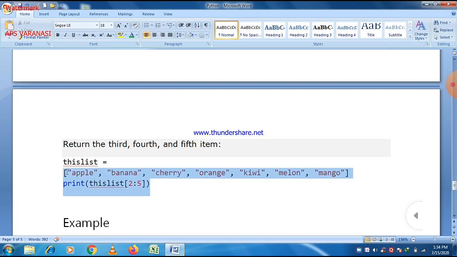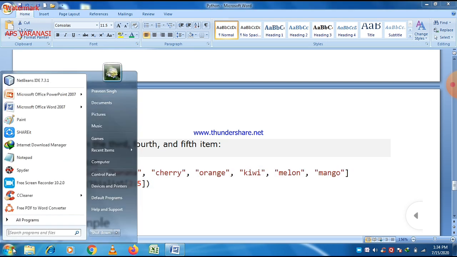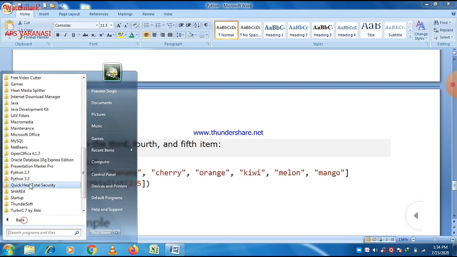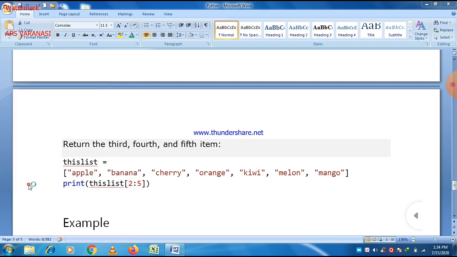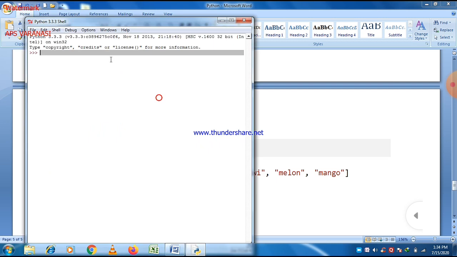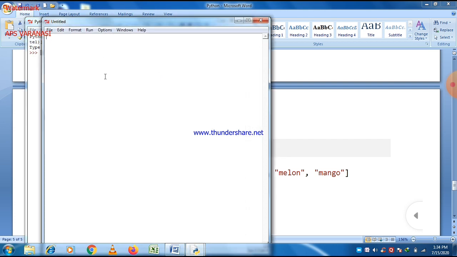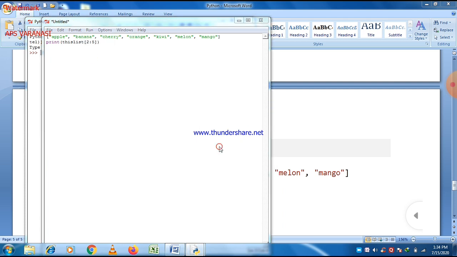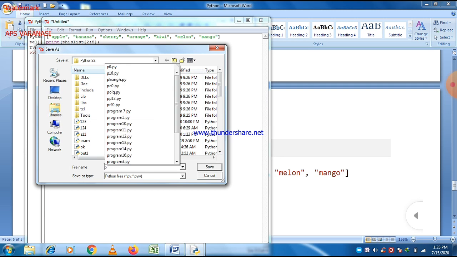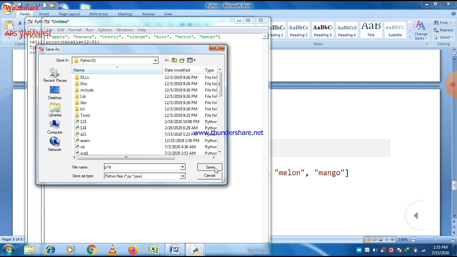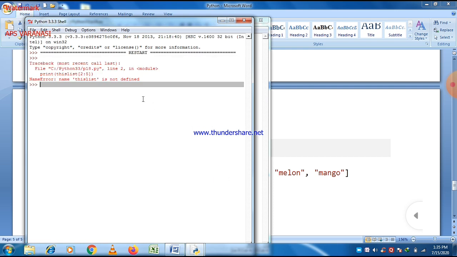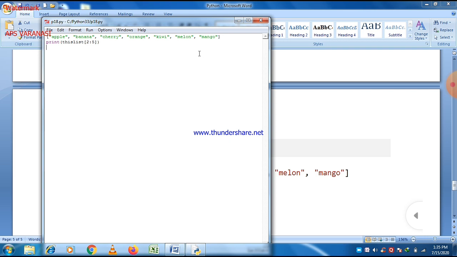Then list slicing. List slicing is the same as string slicing. It starts from the first element and goes up to n minus 1. Here n is equal to 5, so it goes to 5 minus 1, which equals 4. So elements 2 to 4 are visible when we execute this statement. You can check it. Make a small program here. If a program is already there, then it can be overwritten. It will definitely be overridden by another program.